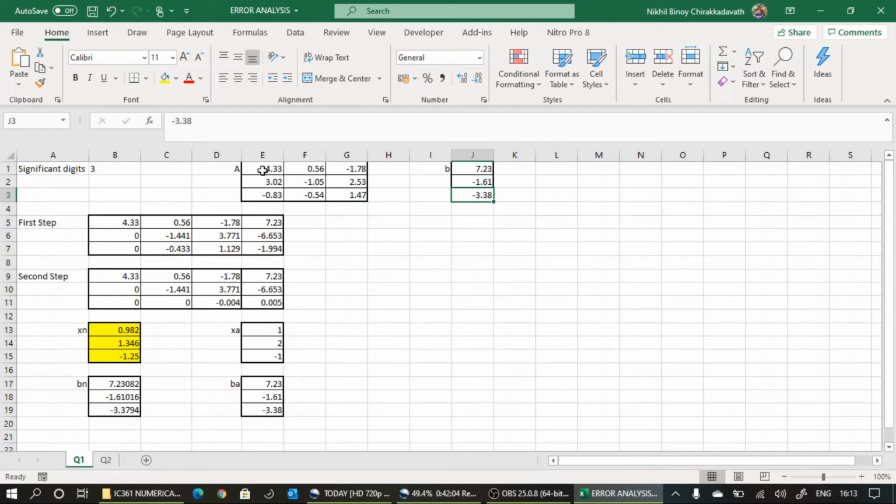Now the first row is done. Now compare the second and third rows, comparing the x2 coefficient. From the magnitude point of view, this one is the largest, so we can take this one as the second row. There is no need to swap here.